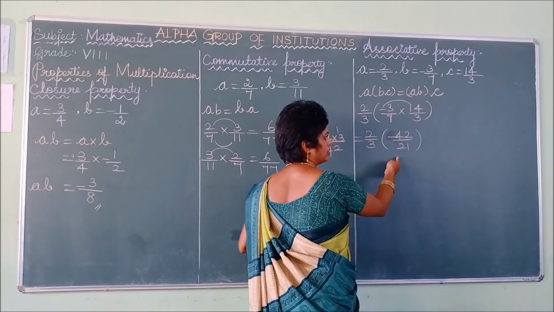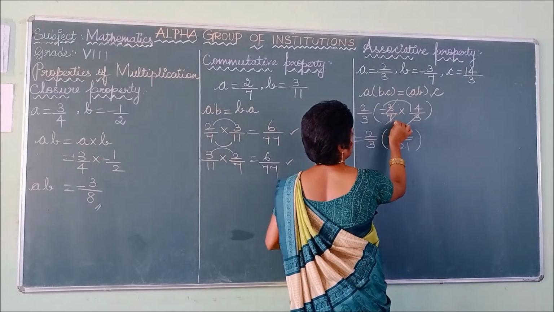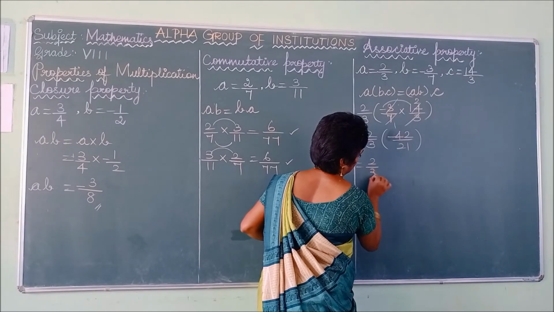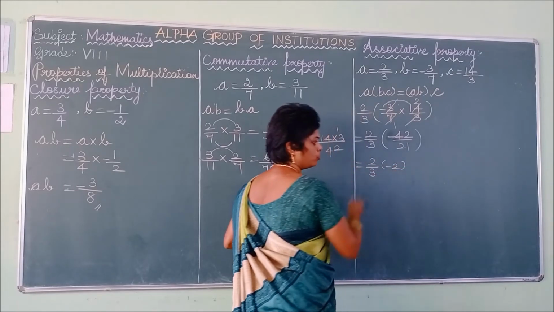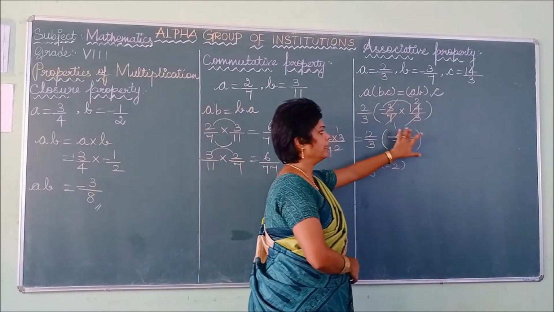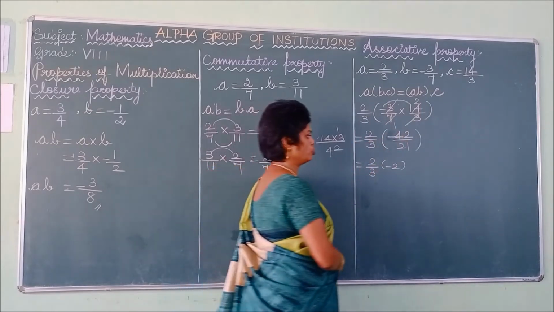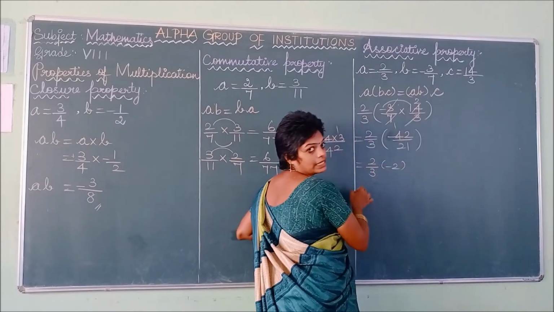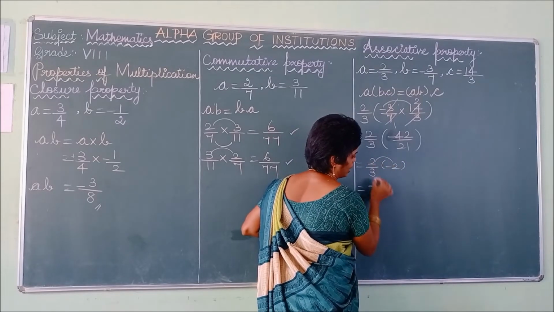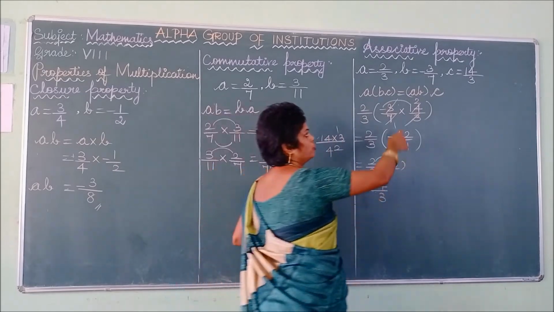You can write it as it is or else cancel those values. If you cancel, what is your final answer? Here 21 1 time and 42 is 2 times. Minus 2 is the answer. You can cancel with the help of the tables or else multiply and cancel. 21 1 time, 42 2 times, your answer is minus 2. Then here we cannot cancel this value, so you have to multiply the values. So plus into minus is minus, 2 2s are 4, minus 4 by 3. So we have to check this side.